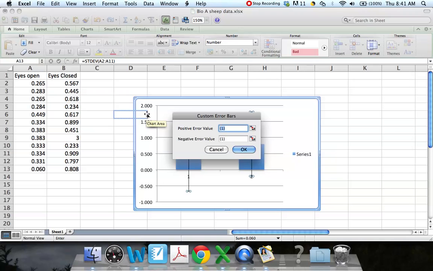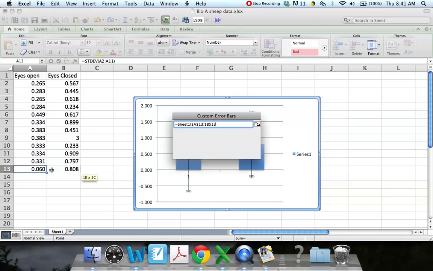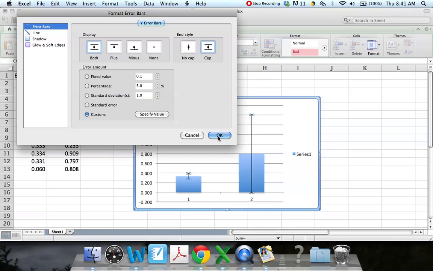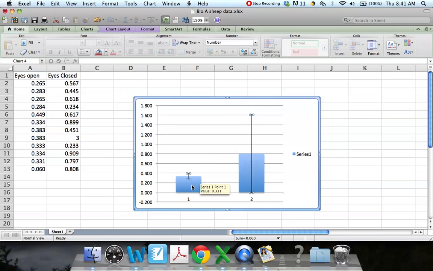Now I'm going to get rid of what they have here, and I'm going to instead highlight my standard deviation for both columns for the positive error value, and I'm going to do the same for the negative error value. I'll hit OK, and then OK again,